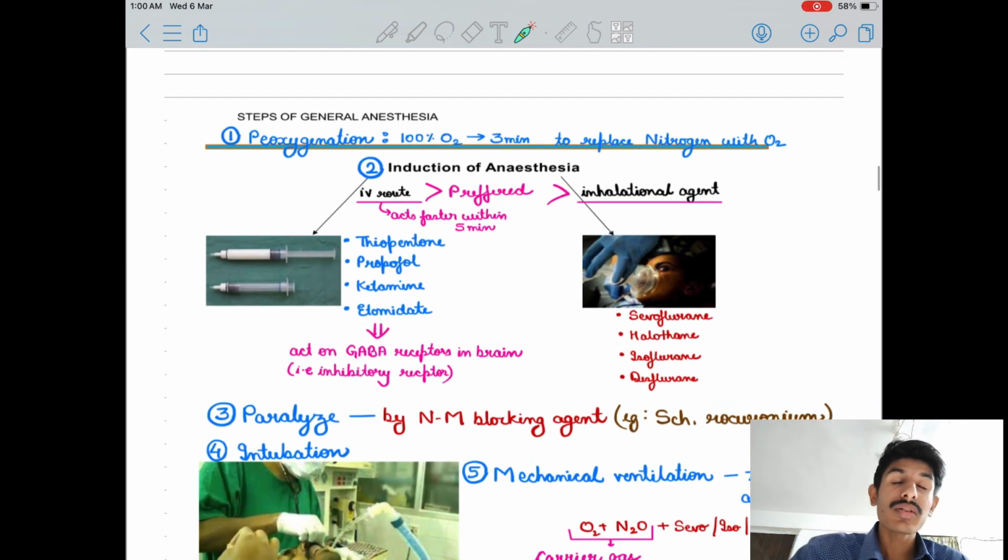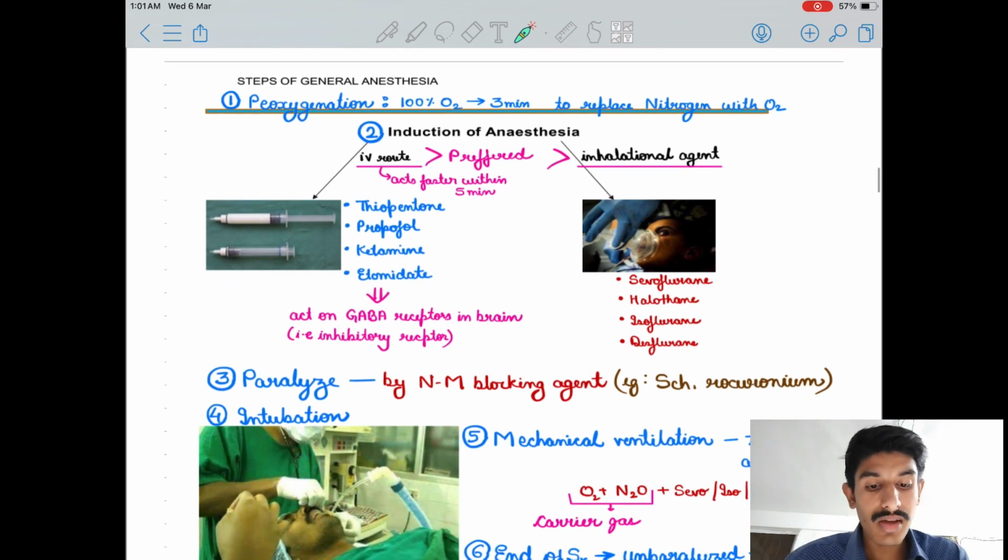Let's study the steps of anesthesia. Your patient has been given the pre-medication, and you know about your patient. Now you are going to do the general anesthesia. What you will do step by step, we'll learn now. First you will give pre-oxygenation, because once you become unconscious you will not breathe by yourself. There will be some time that you will not breathe, because the doctor will do the intubation in your mouth. There is a small gap of 3-4 minutes, and you must survive that time.